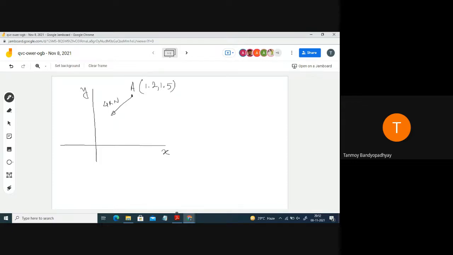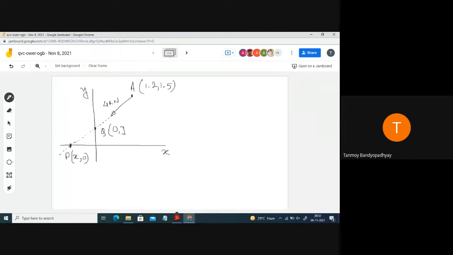So if I can extend the line of action of this force, if I extend the line of action of this force, it will be meeting the x axis at a certain point. So let us call it, say, P. So it will be meeting at a certain point x comma 0. Again, it will be meeting at a certain point, say Q, where the